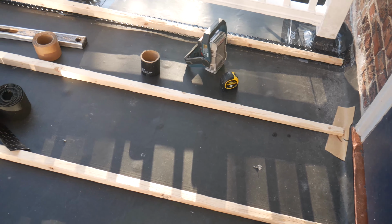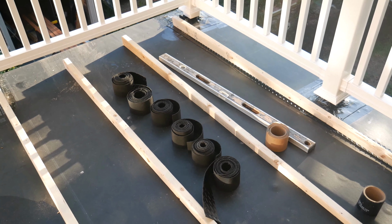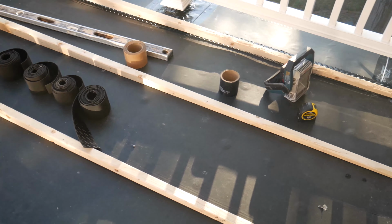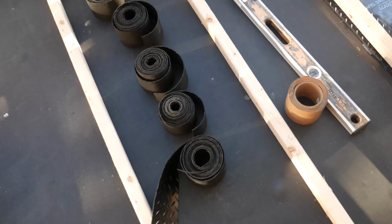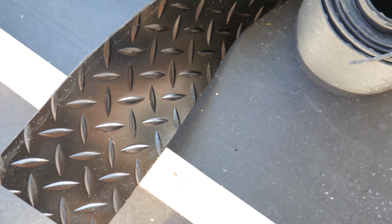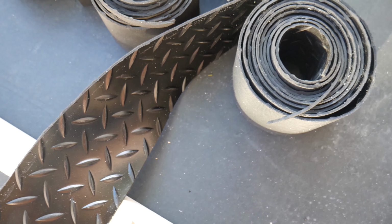I got my floating deck joists laid out here. They're each set 18 inches apart, and I cut out a bunch of these rolls, which are like rubber stuff you get for a garage mat. I got a 4 by 10 foot roll, and I've just been cutting out thin strips of this,